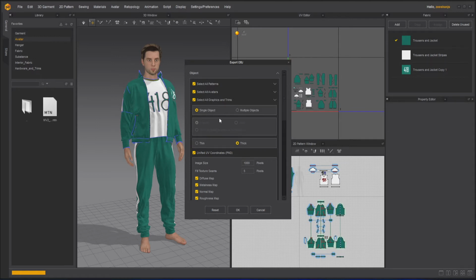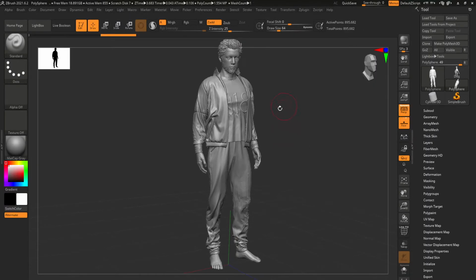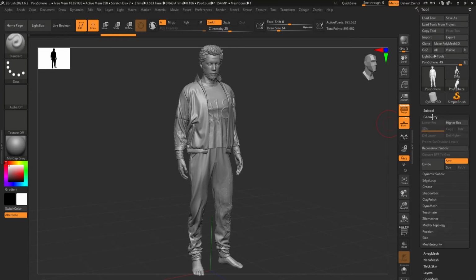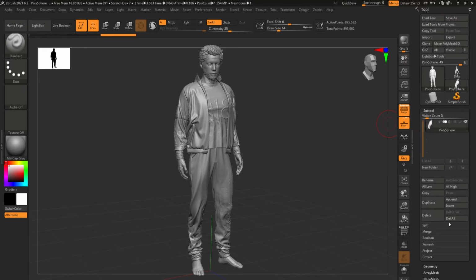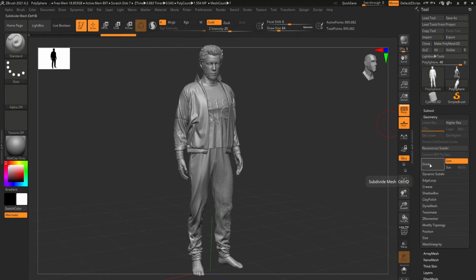For example, if I choose this as thick, multiple objects and unwelded, and then export it and bring it into ZBrush, let's see what happens there. Now here I have this model. And if I go in the subtool, you can see it is exported as one, but you can split that and it will split into pieces. But here, what we have to see is that if I start dividing it a couple of times,